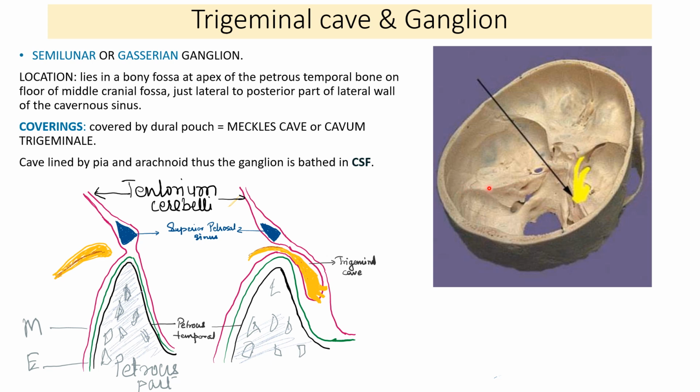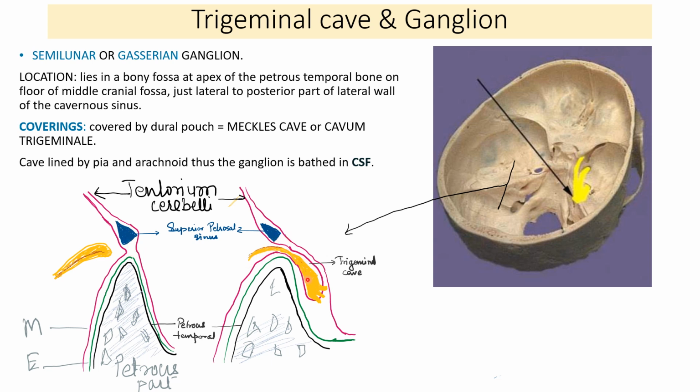At the line of attachment, we have the superior petrosal sinus here. So this is the superior petrosal sinus in cut section. Suppose we are going to cut it like this. If you cut it like this, what we can see is this. So this is the superior petrosal sinus. The nerve which is coming from the posterior aspect is going to invaginate into the inferior layer of the meningeal dura. It will just invaginate deep to the superior petrosal sinus. Remember this. This is going to push this meningeal layer deep to the superior petrosal sinus.